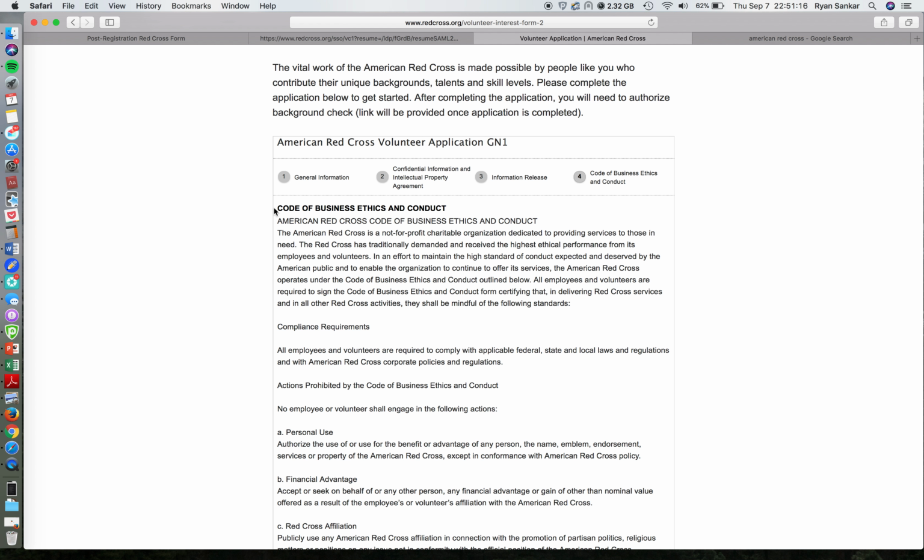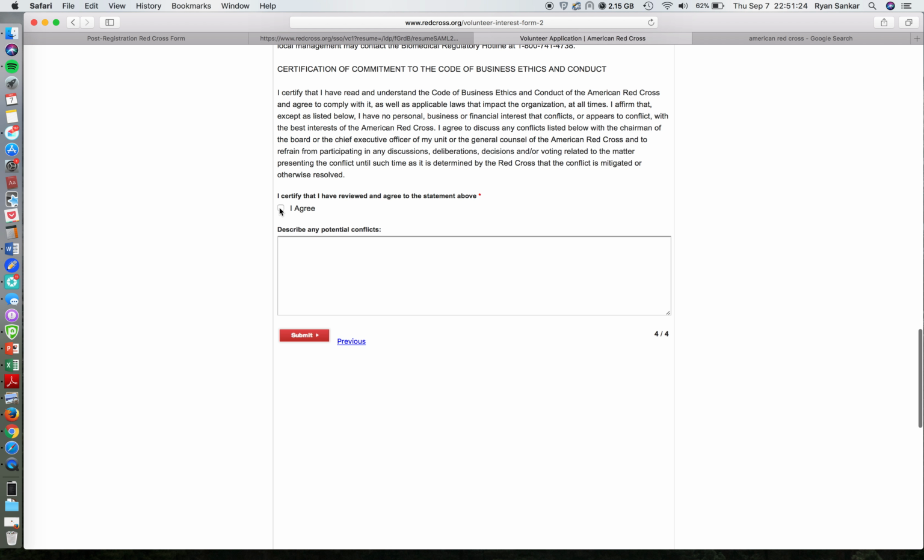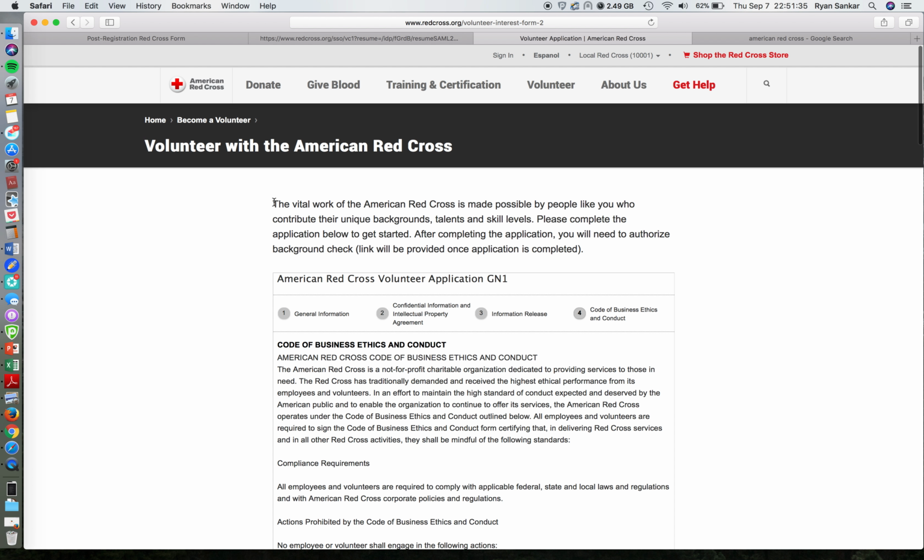This is telling you some information about the Code of Business Ethics and Conduct. We're going to make sure that we read through this, and then we're going to certify that we've reviewed and agreed to the statement above by checking I agree. Before we hit submit, there are a couple things I want you to be aware of. The first being, if we scroll back up, it says right here that